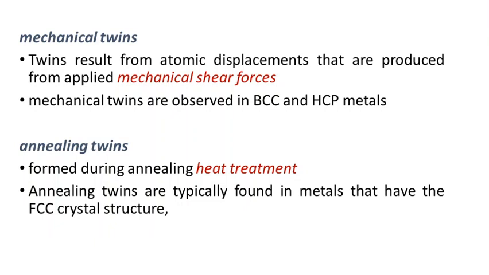The twinning takes place mainly in two fashions. One is due to mechanical twins. When we are applying a mechanical shear force, the material will deform or reorient along a twin plane in a mirror-image-like fashion. The atoms are getting reoriented enough to form a twin plane. Okay, the twinning process will take place when we are applying a mechanical shear force.